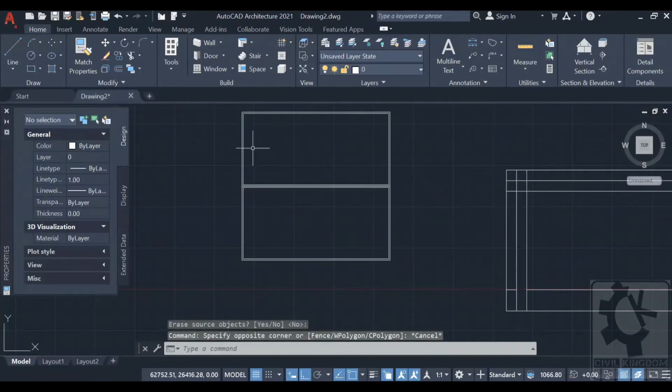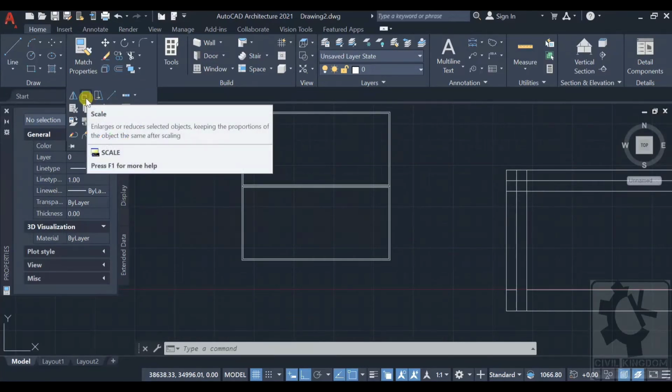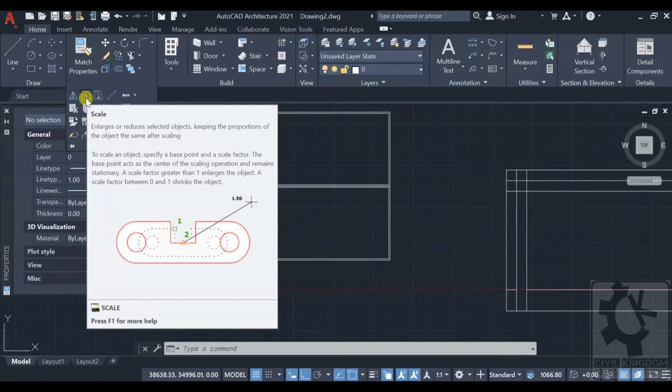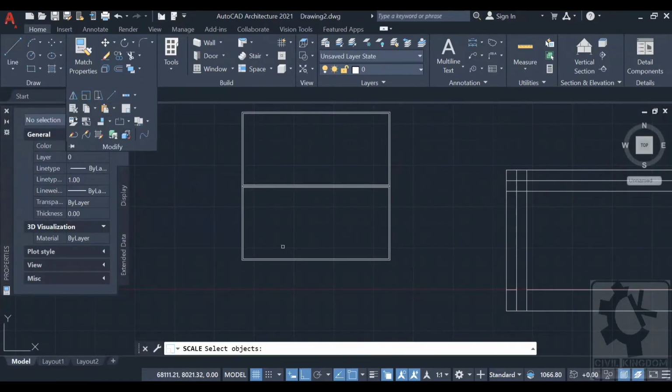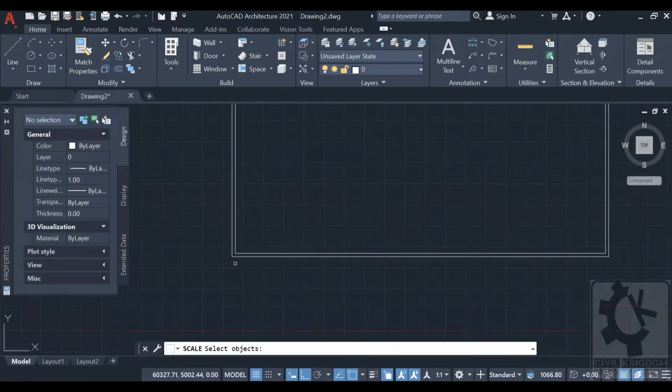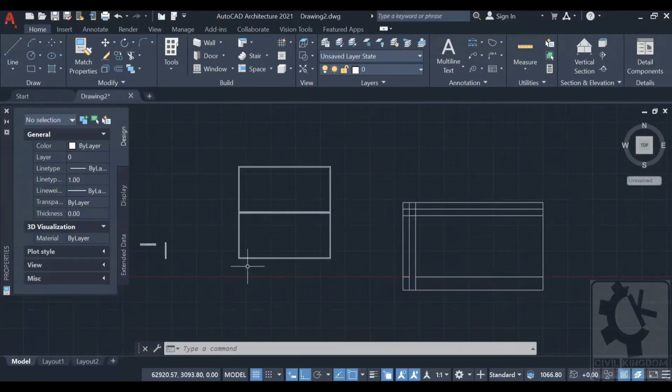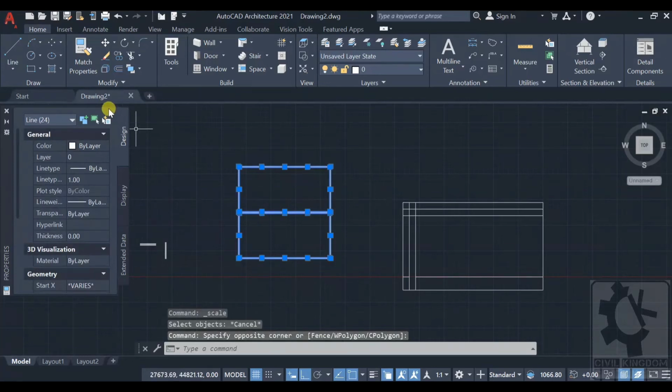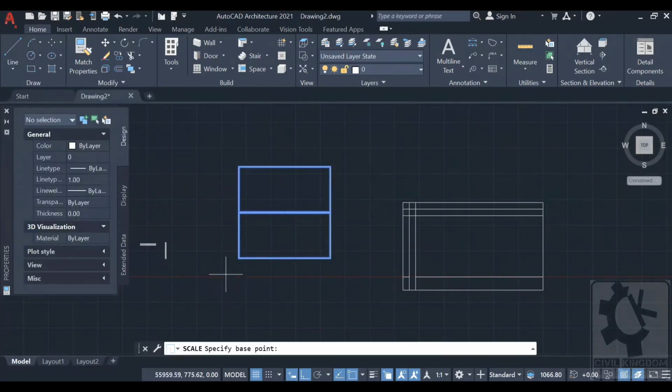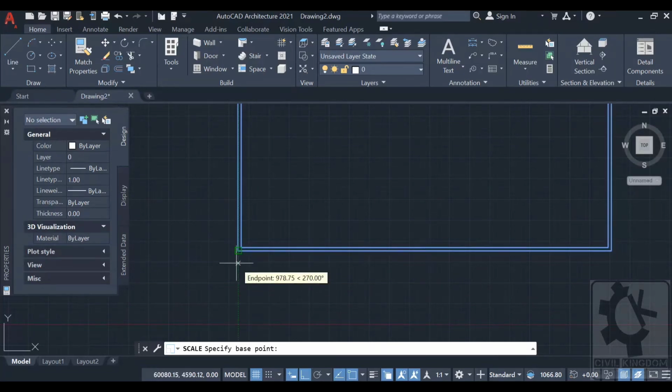Again, the next one is the scale command. It helps you to scale an object. Wait, let me first select the object, go to the scale command. It will ask for a base point or a point from where you want to scale the object. Say I want to scale the object from the corner of this rectangle.